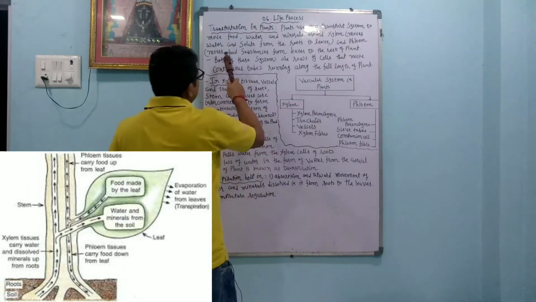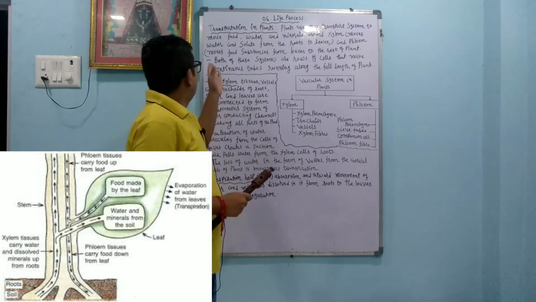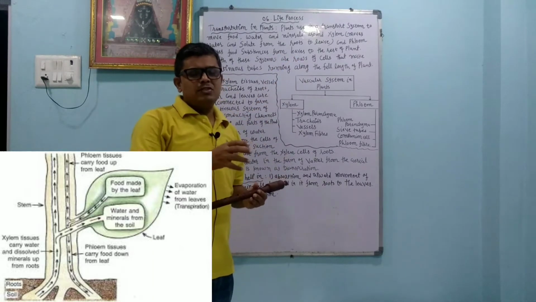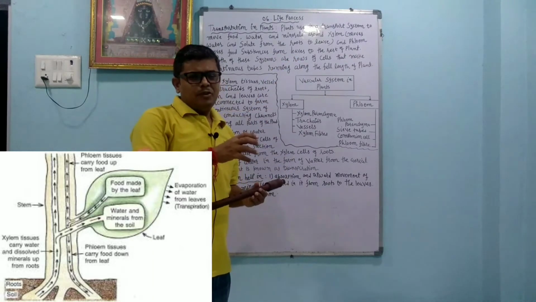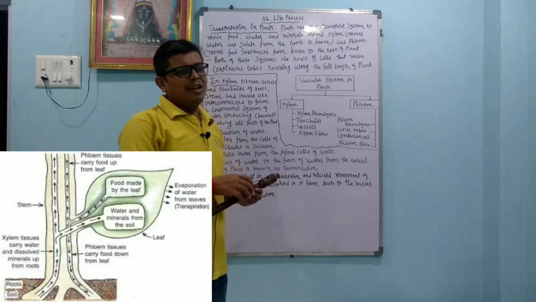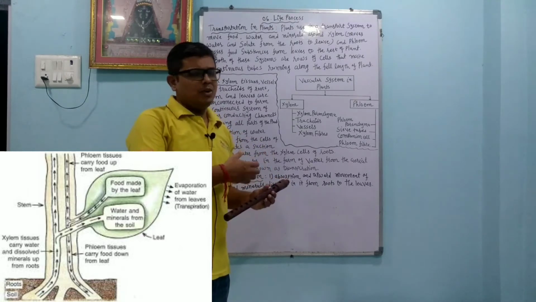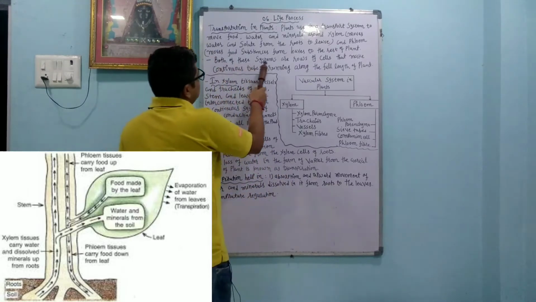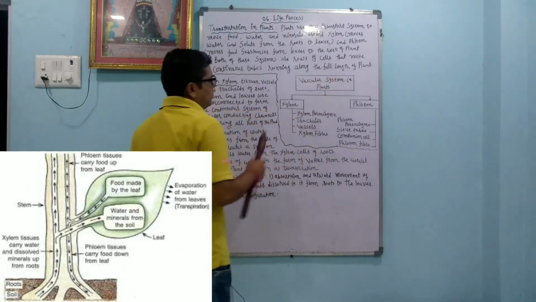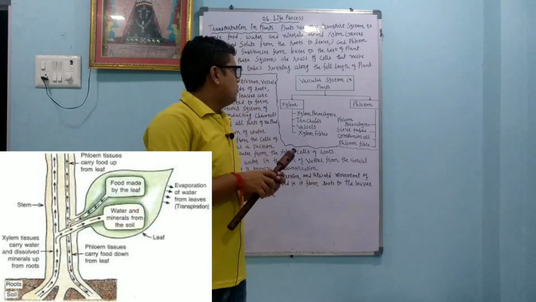And phloem moves food substances from leaves to the rest of the plant. The photosynthesis reaction occurs in the leaf, so whatever food is produced goes from the leaf to the different parts of the plant, like the stem and the root. Both of these systems are rows of cells that make a continuous tube running along the full length of the plant. So both are one type of channel in the plant, and they run together.